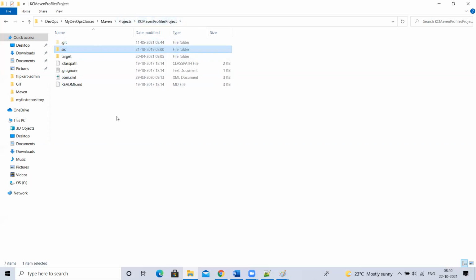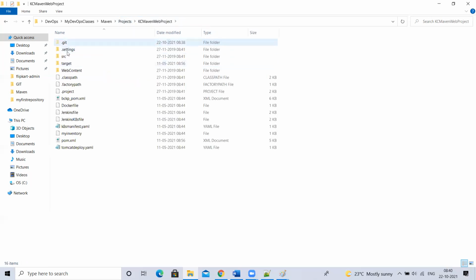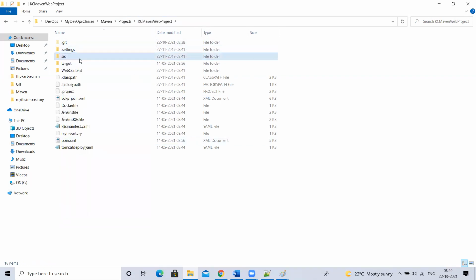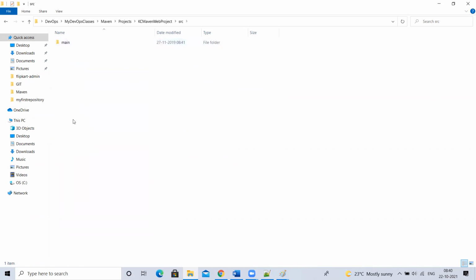Java Maven project structure. A Maven project will have SRC. SRC contains source code, means all the source code for my application should be present under SRC only. SRC contains main and test. Main contains main code, test contains testing code. Under main, again, I'll have Java. So main Java code will be present here. UI files will be present under web apps. If there are any property files, those have to be placed under a folder called resources. Understood, guys? Is it clear? Yes, sir.